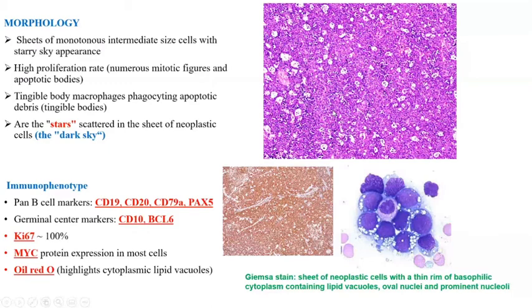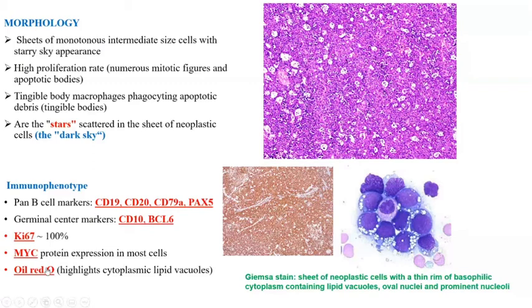And because it comprises cells which are highly proliferative, the MIB labeling index is used to express the proliferating index of a tumor cell, so it will be approximately 100%. So all are proliferating. When you do MIB, we do IHC for that. It is also known as the Ki67 index, so it will be 100%. This is the IHC MIB labeling. So see, all the cells are being highlighted.